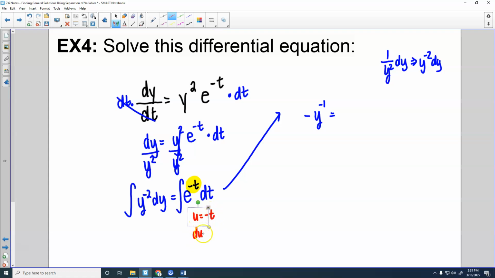So du would be negative 1 dt, which would mean I need a negative with that dt, and that means I'd have to put a negative out front. And so what I'm really doing here is negative integral e to the u du,